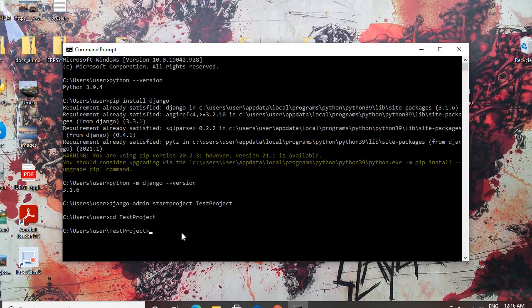Then I will type another command line python manage.py runserver. This command line basically helps to run the server. That means it helps to run our project in the local server. Just check it,